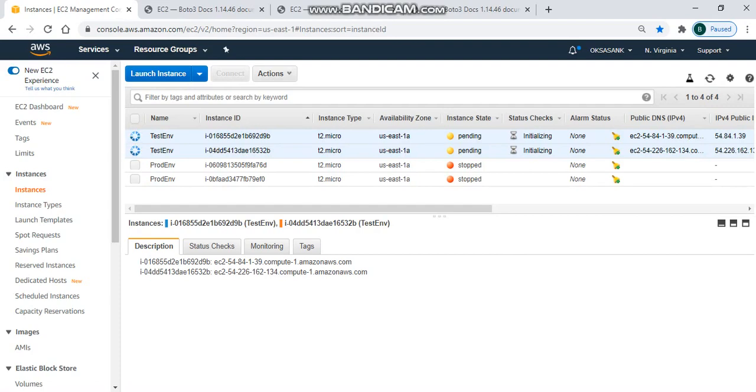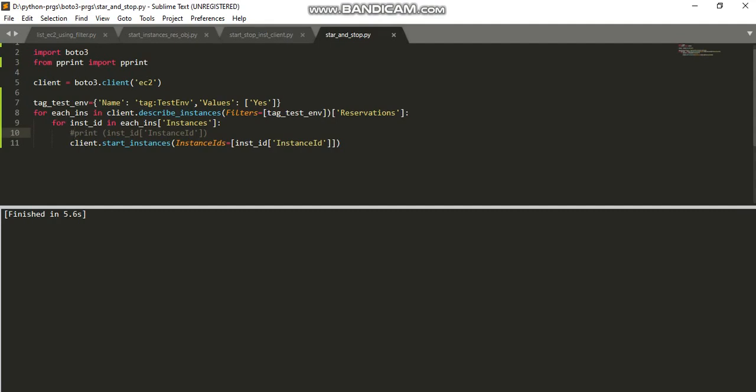Let me open my code. This code will start instances, right? Using filters, filter as tag name.